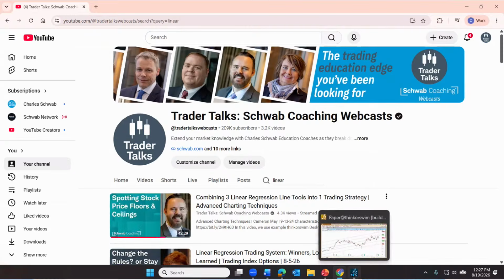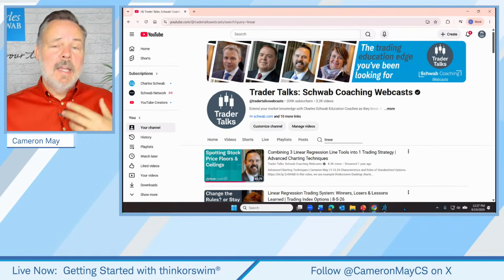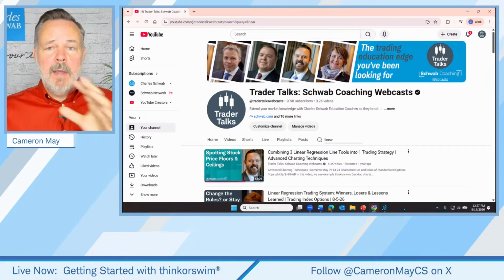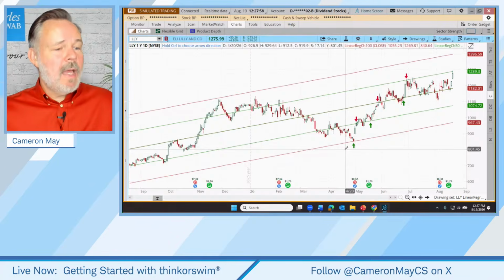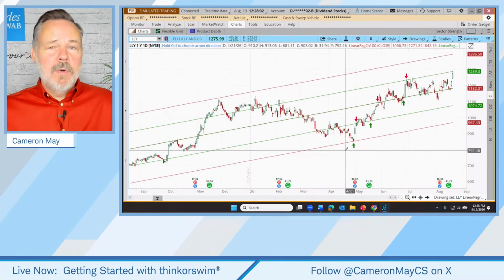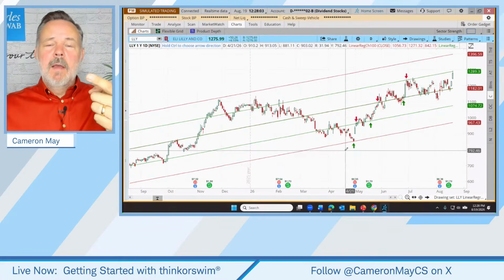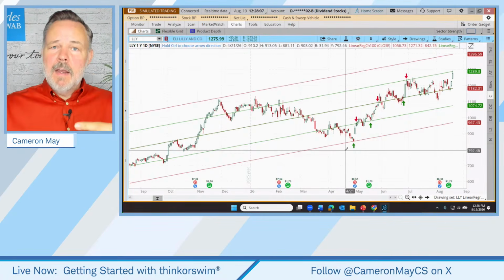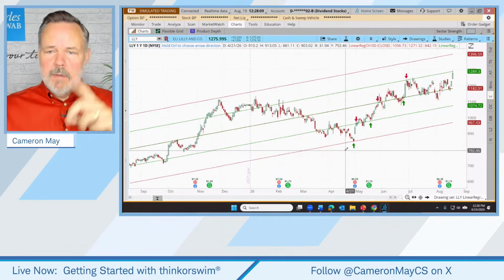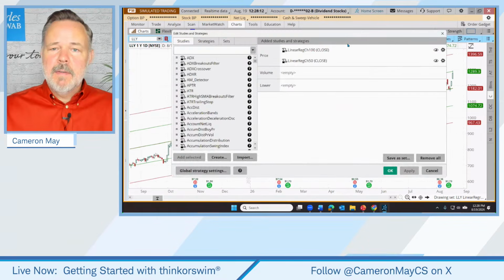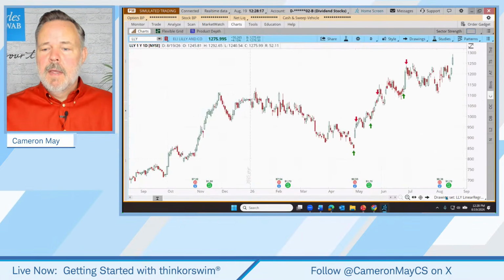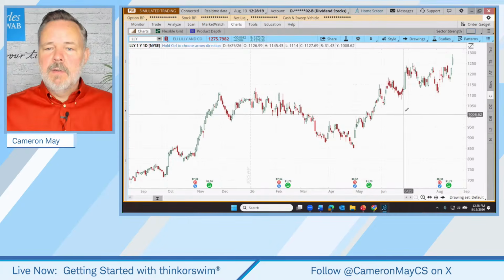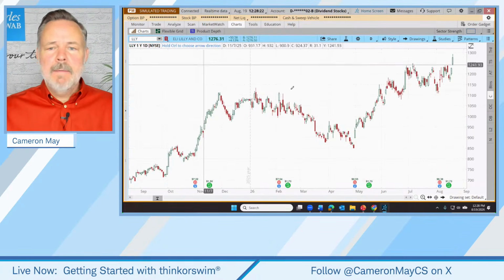That's tool number 2. So we've looked at a drawing tool that might be used by a trader to apply their own discretion. We've looked at 2 price chart tools that can be applied automatically. Notice I didn't make any customizations to these tools. I just applied them to the chart. Well, there are some tools that are actually not applied direct to the price chart, but they actually appear as a separate technical tool or study below the chart. So let's do those. I'm going to do 2 of those. Let's clear these regression channels off. And let's go back to our default drawing tool. So we have a nice clean chart of Eli Lilly again.